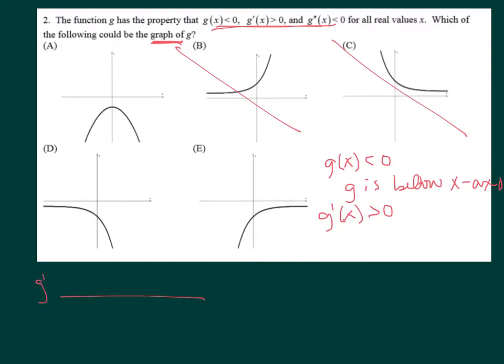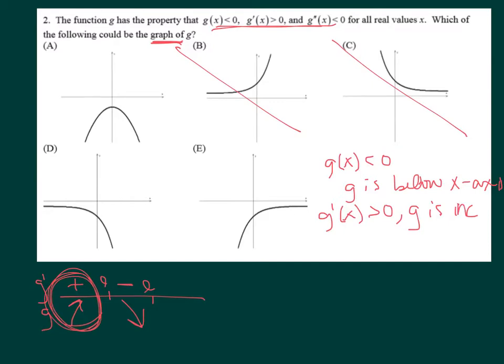If I have g prime and I have g, say I have my critical values here and here, if I had a plus sign here, what would I put down at the bottom? I would put an arrow going up. If I have a minus, meaning it's less than 0, I would have an arrow going down. Okay, so we are focusing in on this category right here, and it's telling us that if g prime is greater than 0,